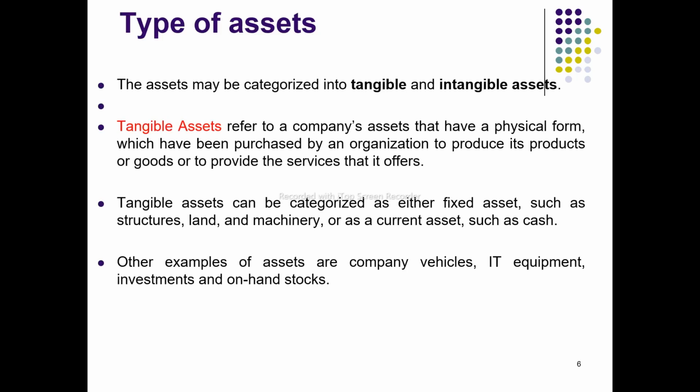Okay next we have two types of asset that you know ማለት ነው tangible asset እና intangible asset የምንላቸው so tangible asset ምንለው the asset that have a physical form which have been purchased by the organization to produce its product or goods or to provide service ማለት አገልግሎት ለመስጠት ስንል ወይም ደግሞ የተለያዩ ምርቶችን ለማምረት ይጠቅሙናል ብለን ፊዚካል ፎርም ያላቸውን አሴቶች አኳየር ልናደርግ እንችላለን እነዛ አሴቶች ታንጂብል አሴት